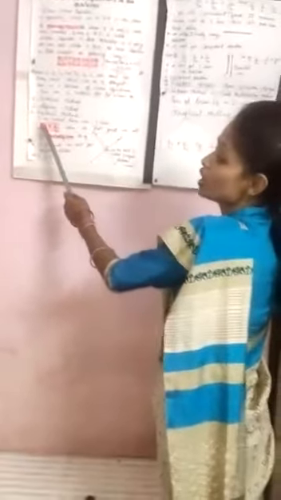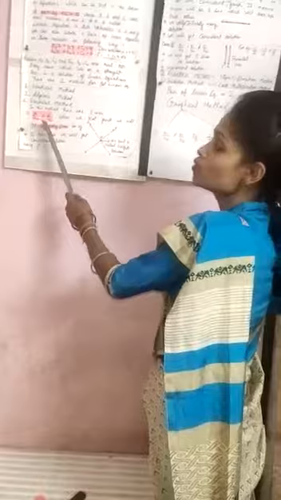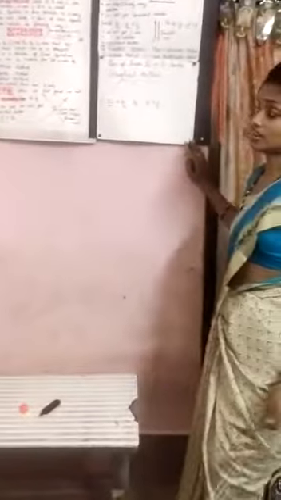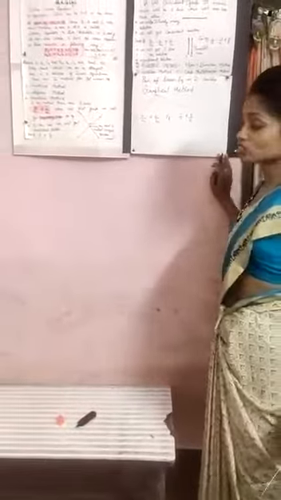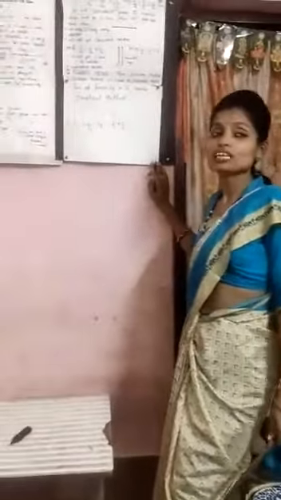That is the answer. And what is case 1? In graphical method, A1 by A2 is not equal to B1 by B2. In that case, we will get intersecting lines. You can write one more question: in which case will you get intersecting lines? This case you have to write down. Did you get it?